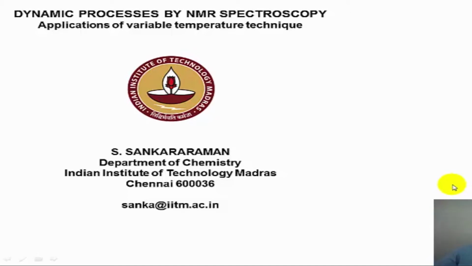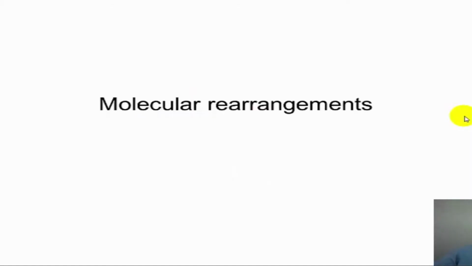Hello, this is module 14 of the course on application of spectroscopic methods in molecular structure determination. In the earlier module, we were discussing the study of dynamic processes by variable temperature NMR spectroscopy and saw several examples of restricted rotation, conformational changes, and so on. We will continue along the same lines in this module also and look at some aggregation phenomena, where aggregation is between two molecules in solution phase, and look at some molecular rearrangements, and finally look at some examples from the realm of organometallic chemistry. Let us start with molecular rearrangements.